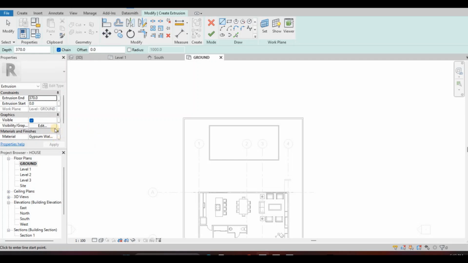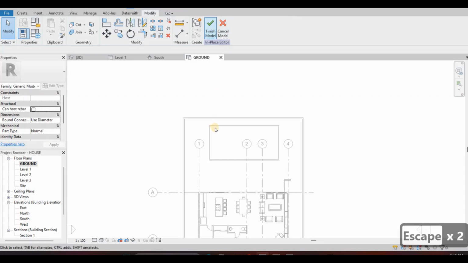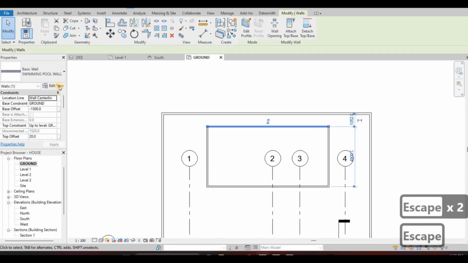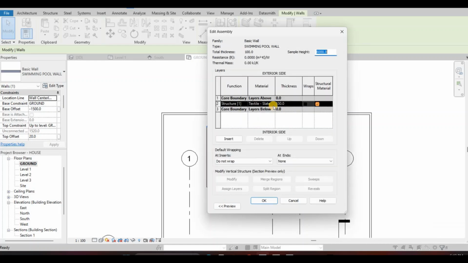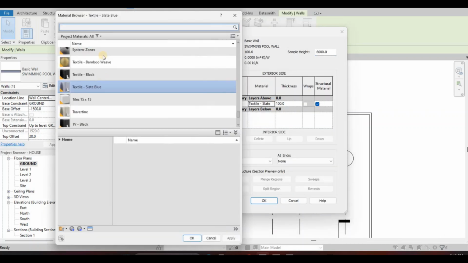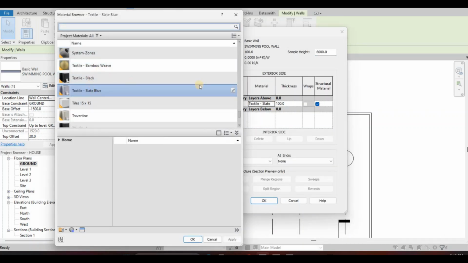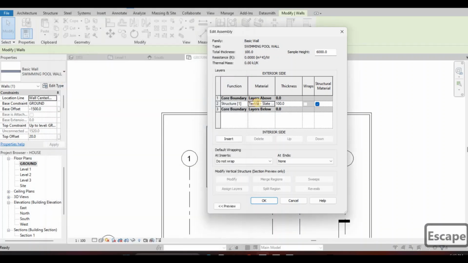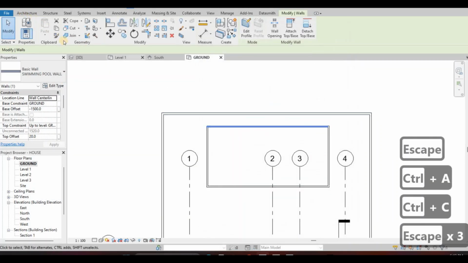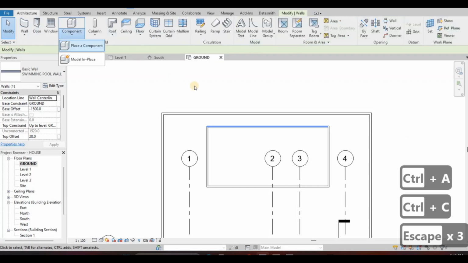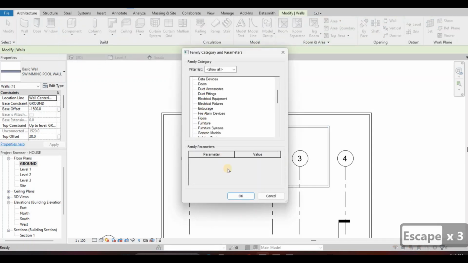So actually we need to close this first because I need to know the material that we added here. So textile slate, I'm going to copy that because we need to have the same material there. So model in place, generic model,